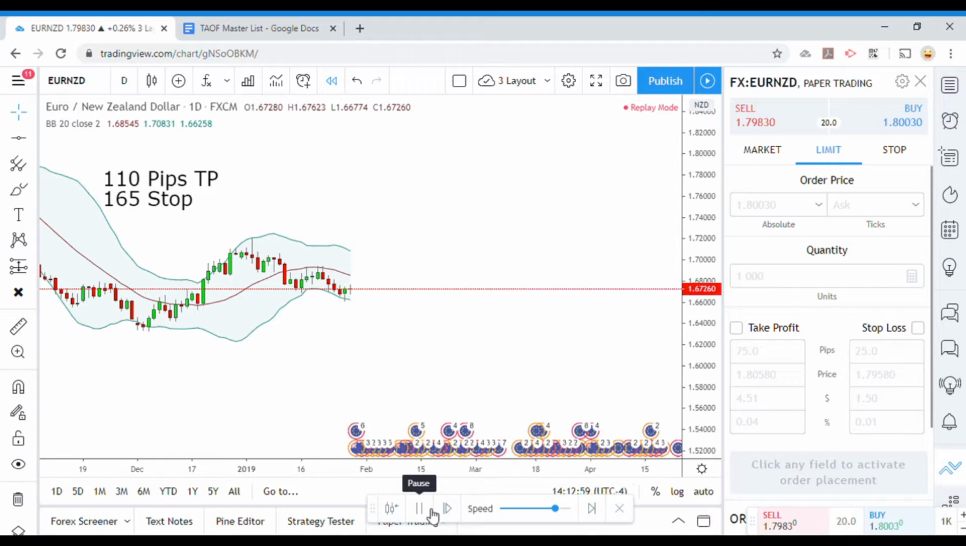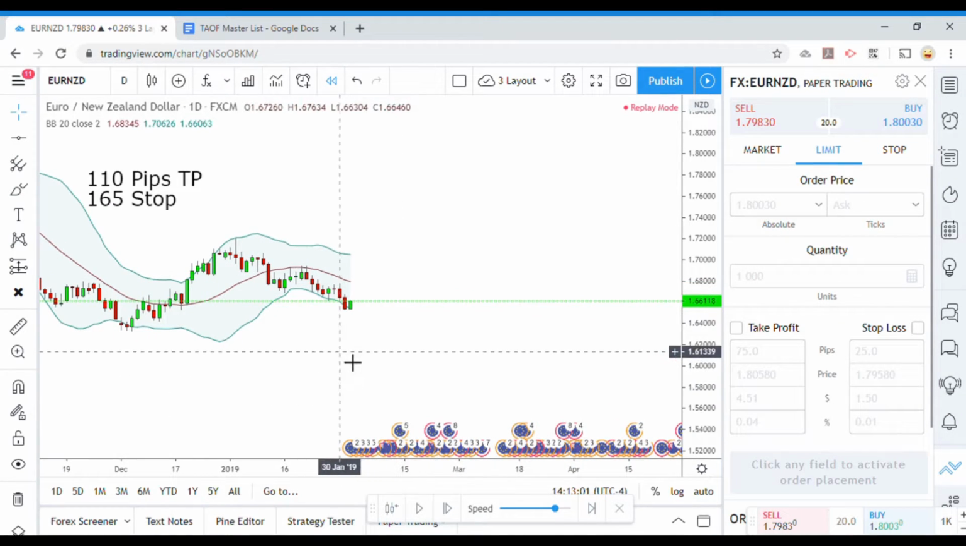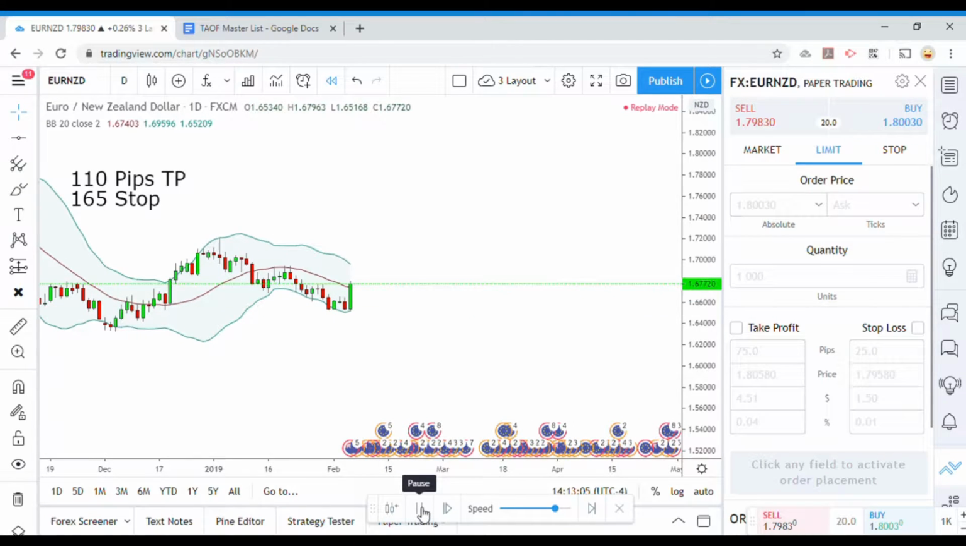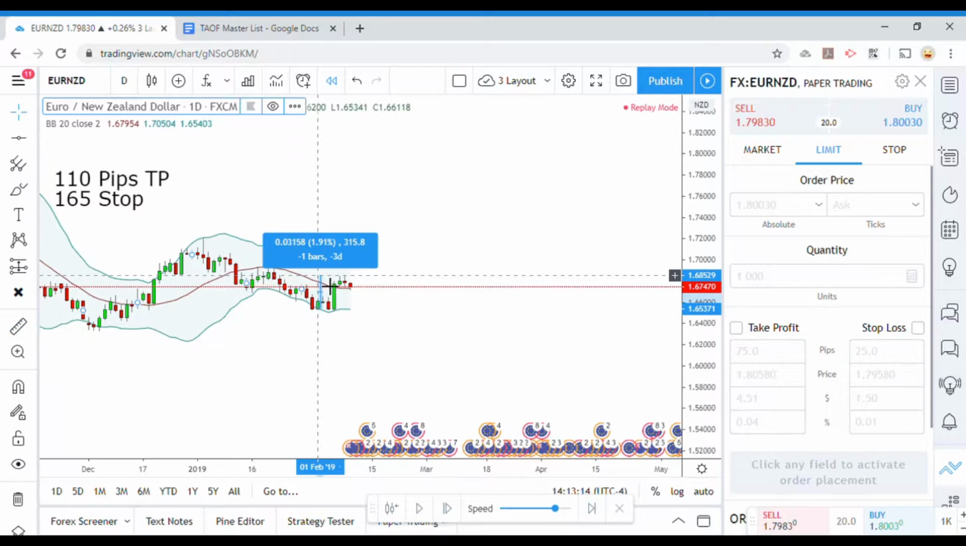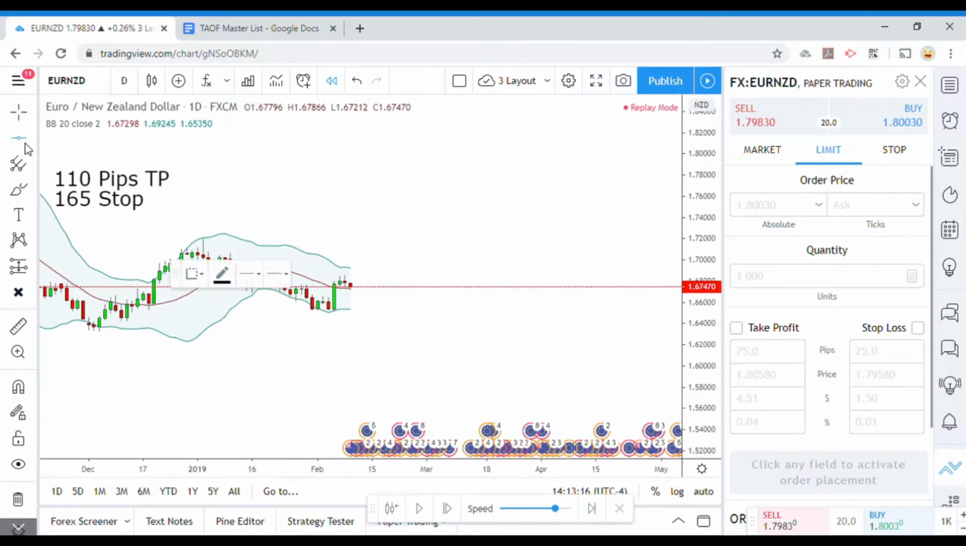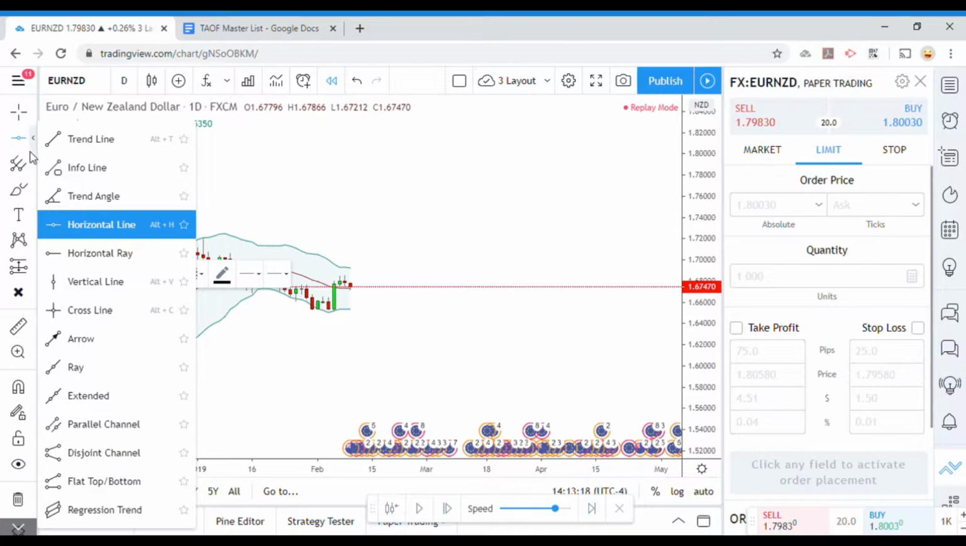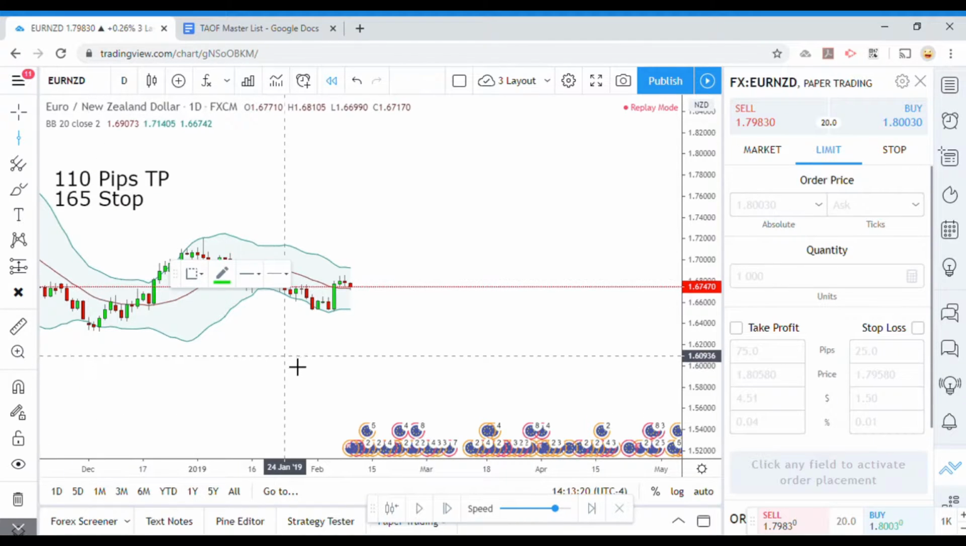Now, Bollinger Band, of course, gives us, there's our first break below. That would be a short signal. And I do believe that it turned right around and stopped us out. Sure did. The Bollinger Band